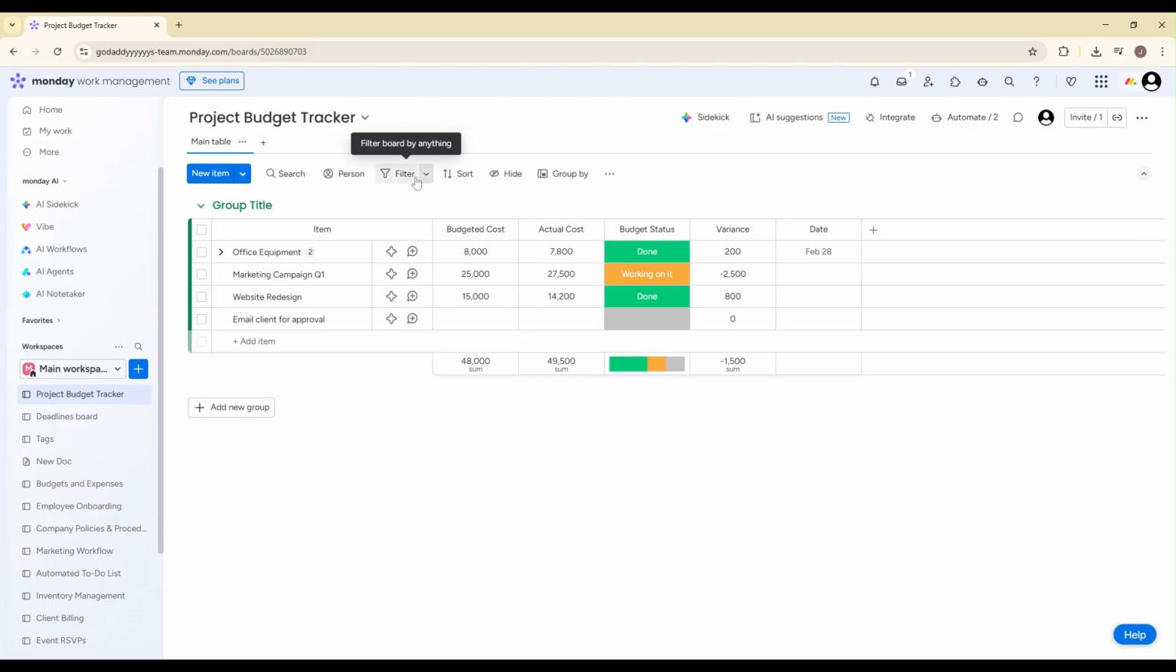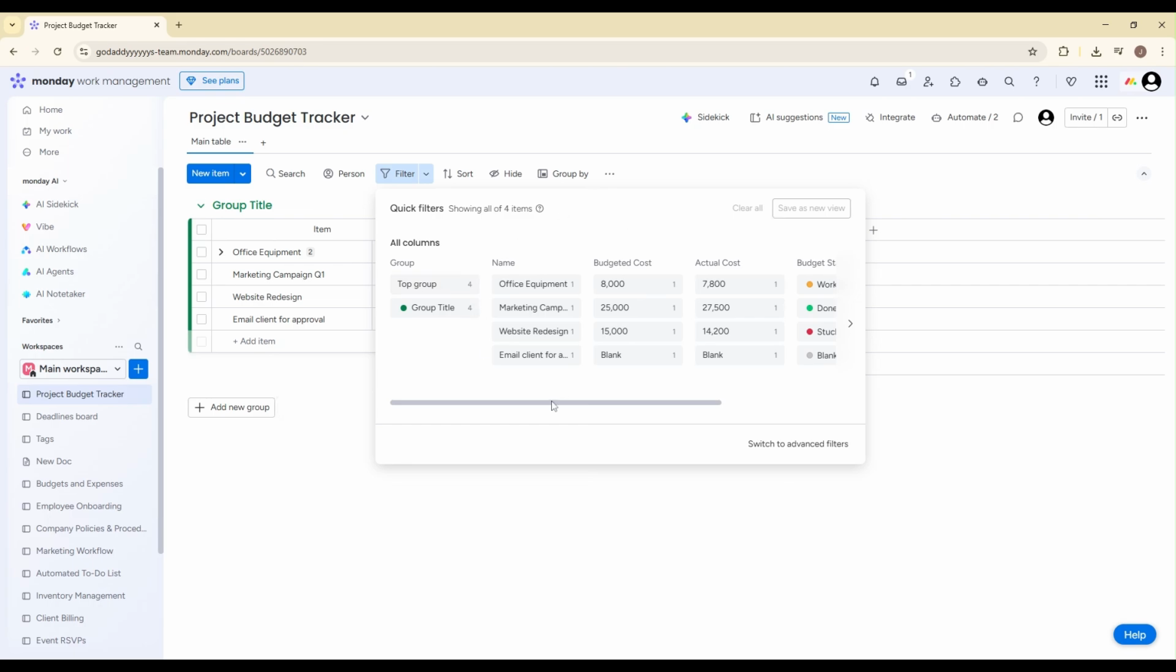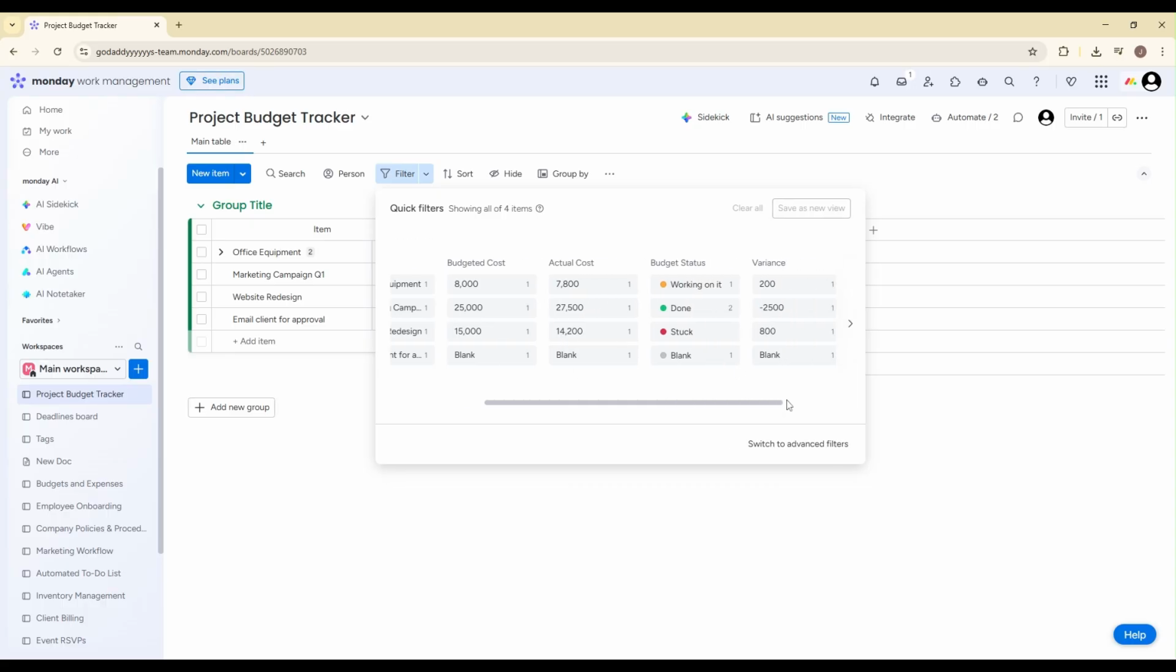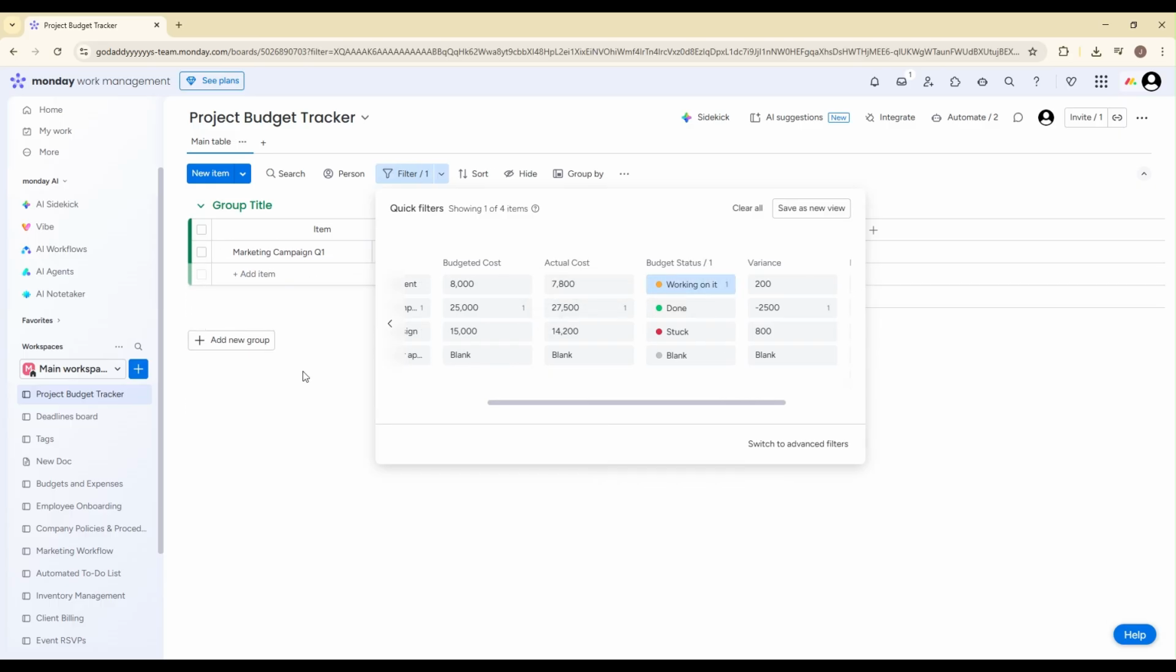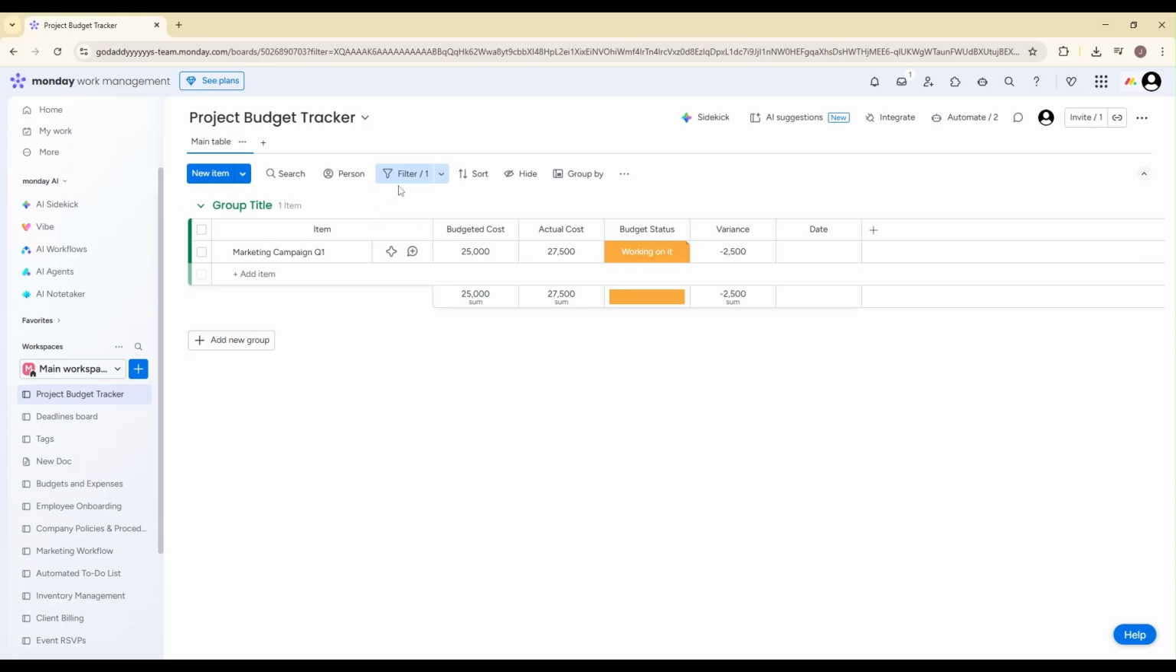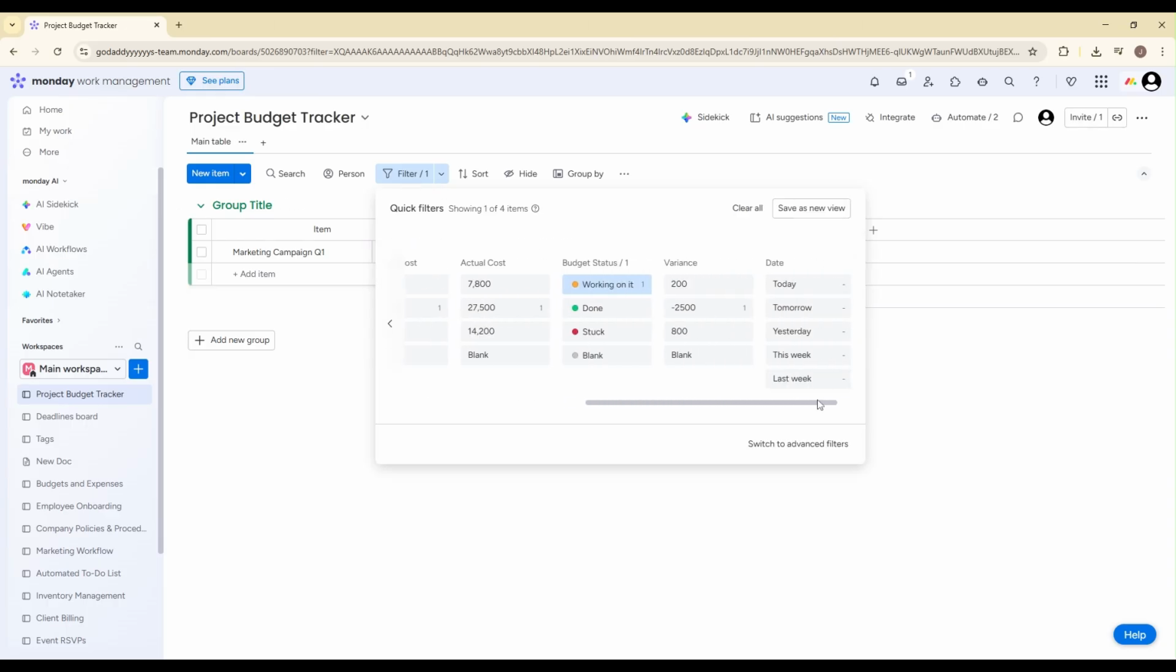Click on the Filter button at the top of your board. This opens up the filtering panel where you can define specific conditions. Now choose the column you want to filter by. For example, you might select the Status column. After selecting the column, choose a condition. For instance, you can set it to Status is in progress if you only want to see tasks that are currently being worked on. You can also filter by date columns, such as Date is before today, which is great